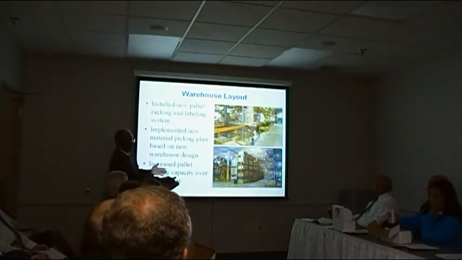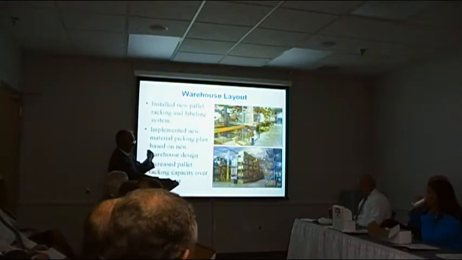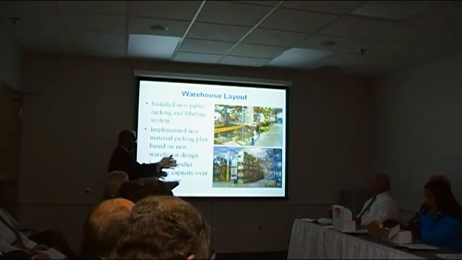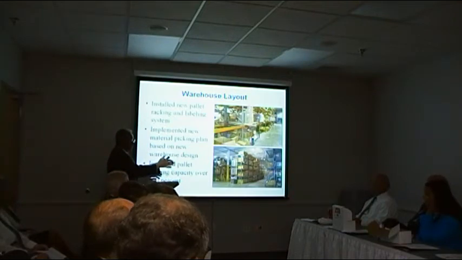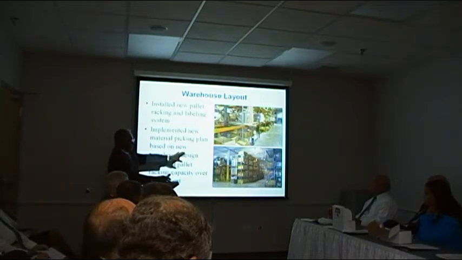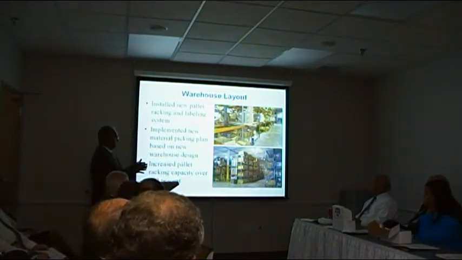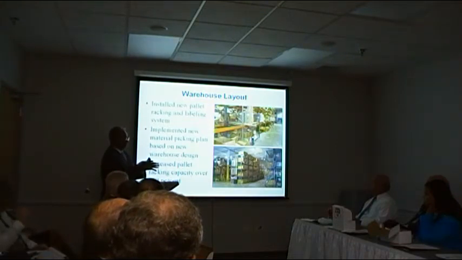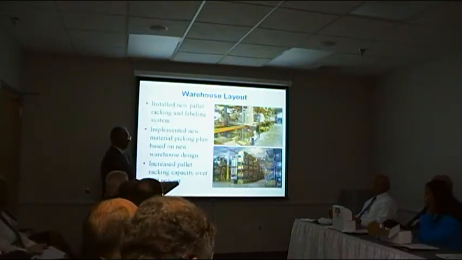All of our high-turn items, things that we use every day, splices, fuses, and things of that nature, we put close to the truck base so that for the overhead construction crews, we can pick it, put it in a bin, and get it to their trucks as quickly as possible. All of our slow-moving inventory is located in the middle of our warehouse, and the low-moving items are located toward the back. And you'll see when we go through the warehouse tour just how this warehouse layout works to our advantage and makes sure that we pick the materials as quickly as possible and minimize the amount of traffic and